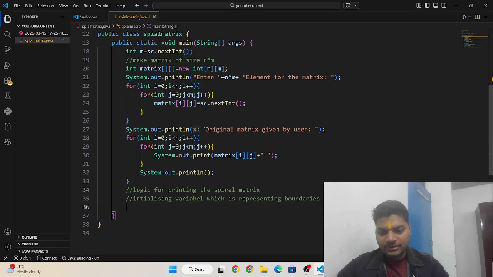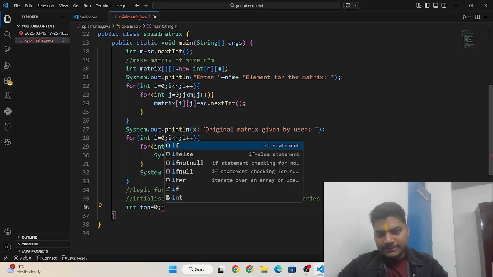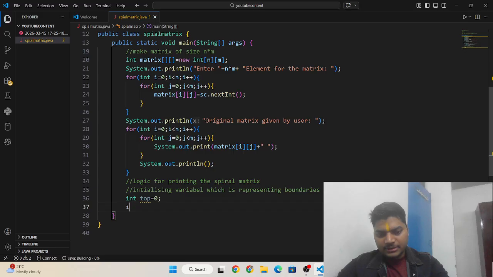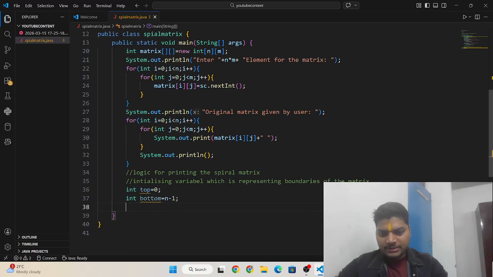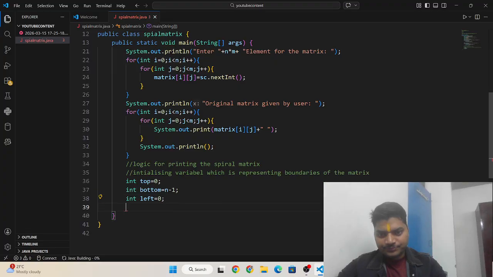So I need to write here int top is equals to 0 and then int bottom is equals to n minus 1, and after that int left is equals to 0, and then int right is equals to m minus 1.